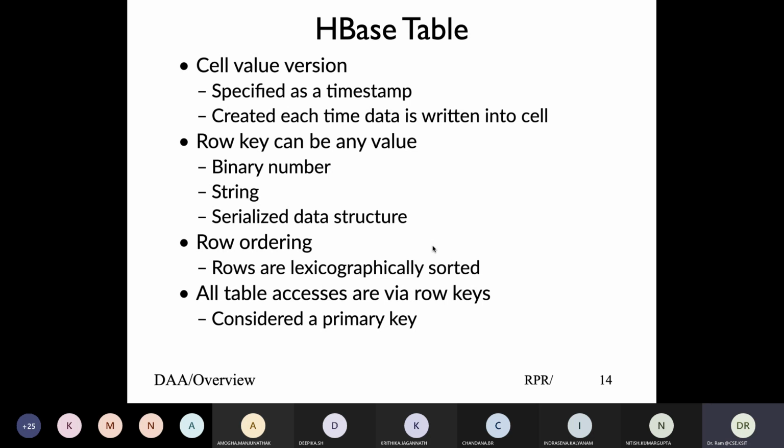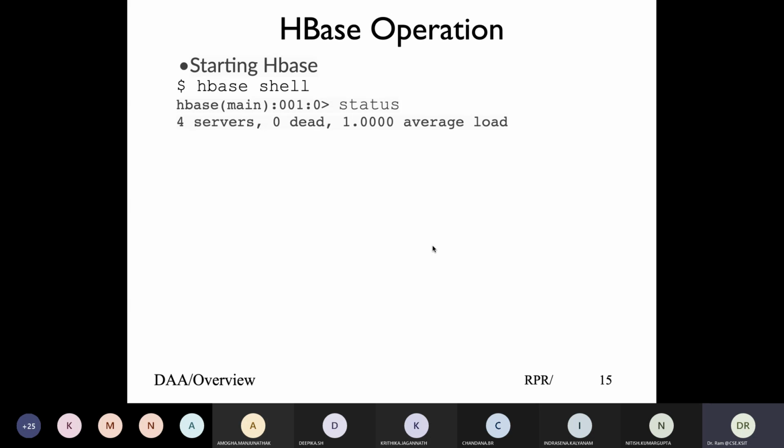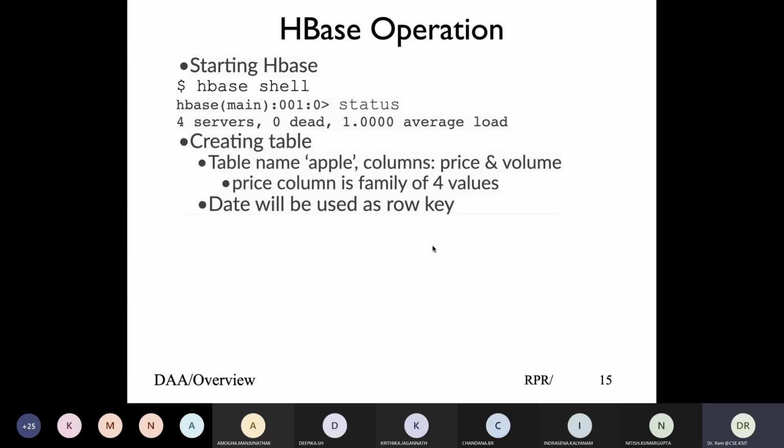This is just theory, I have not installed it. I'm just giving you the example taken from the book. How does HBase basically work? You start the HBase shell and you get an HBase prompt. Since it works on a distributed system, you'd like to know how many servers it is running on. The status command will tell you that it is running on 4 servers, all 4 servers are live, there are no dead servers, the average load, and so on and so forth. You basically get a timestamp value when things are running.